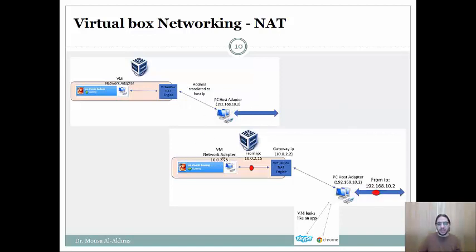Here, with some IP address allocated, the virtual machine has the IP address 10.0.2.15. So VirtualBox will send this request from 10.0.2.15 to the gateway IP address for VirtualBox, which in this scenario is 10.0.2.2. This request will be sent to the host adapter for the host OS. In this case, the IP address is 192.168.10.2, and any request that's sent to the outside world will appear as if it was initiated from the host